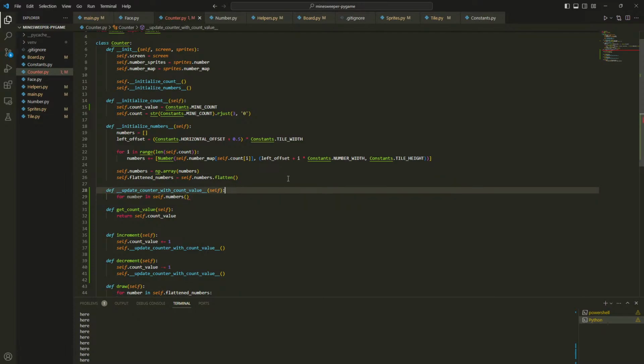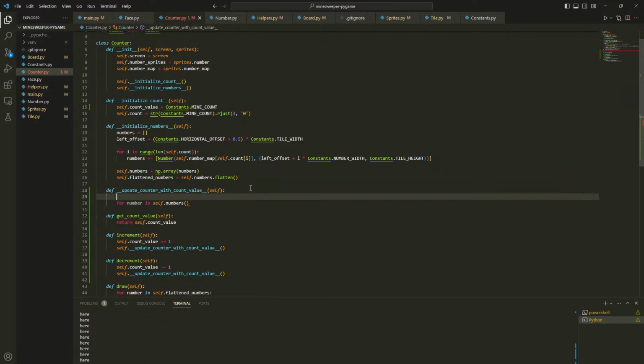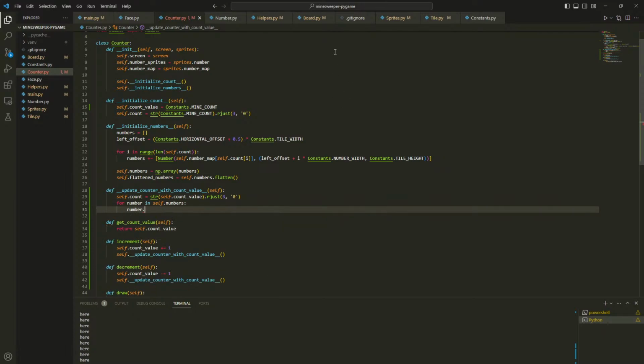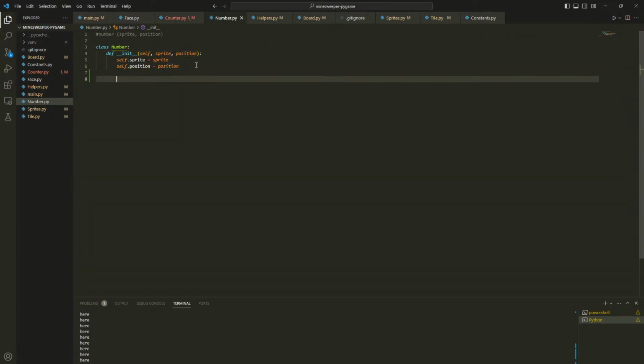Well, actually I do have to set the count now, right? With this logic right here. And then now this is self.count value. And now I need to do number dot and whatever. Do I have number open? Yeah, right here. Okay. We need to say